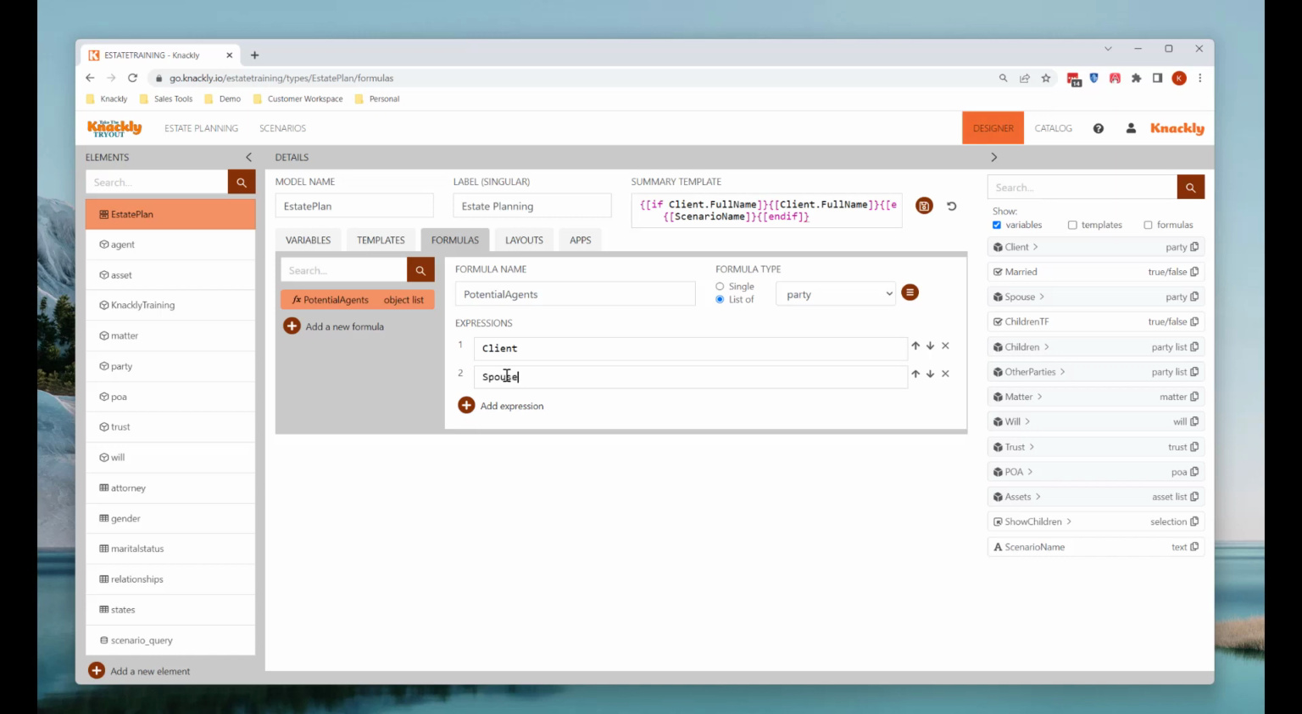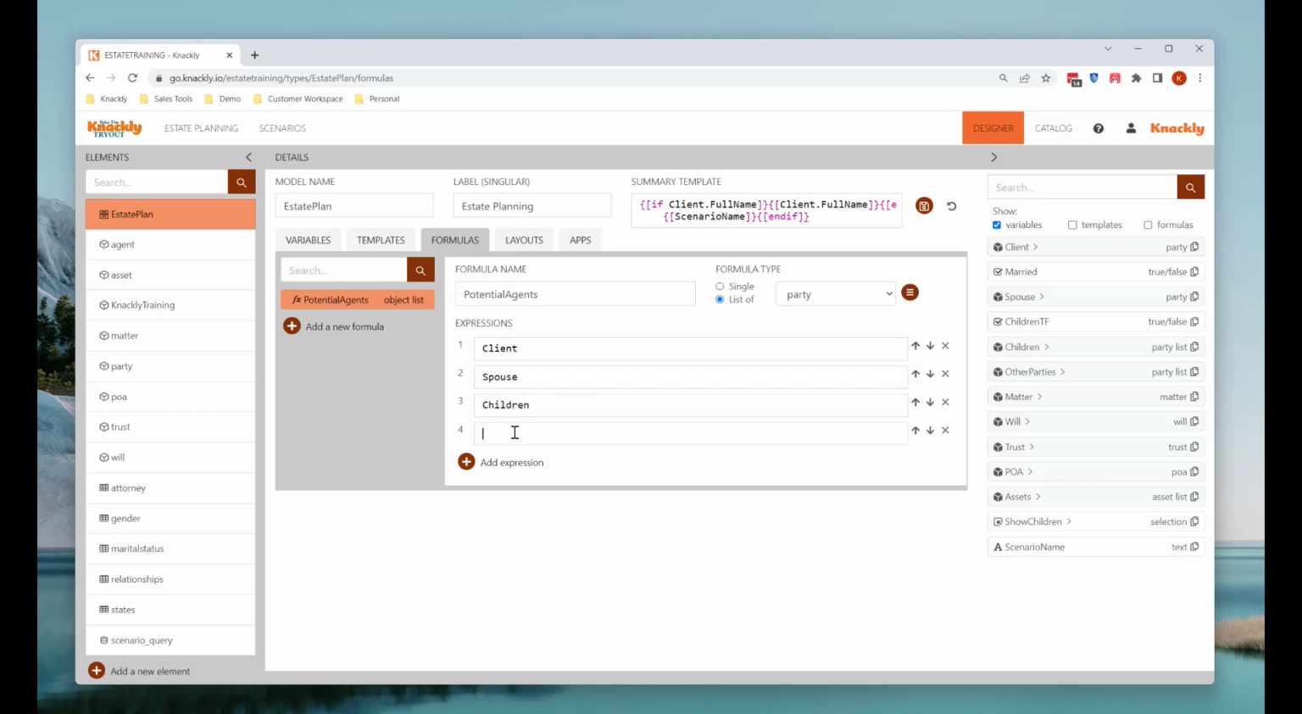Type spouse, children, other parties. I'll click save. Now I haven't added any conditional logic, so it will actually give us blank space for spouse and children even if there aren't any. So one way I can do this is, because I have this married, I can put